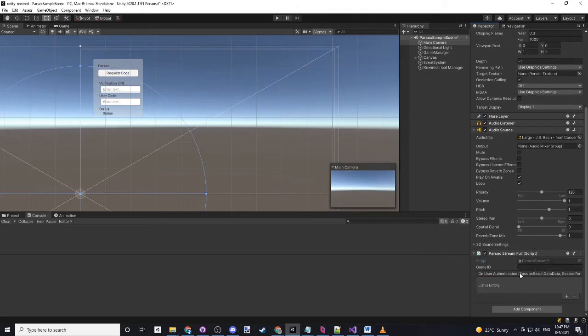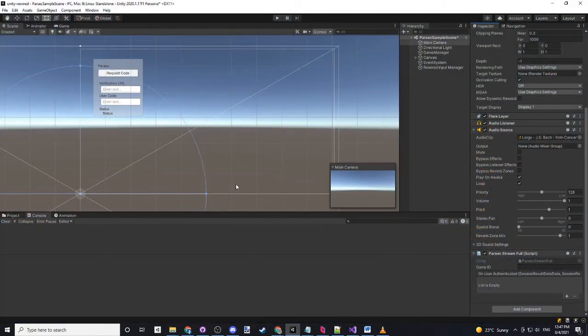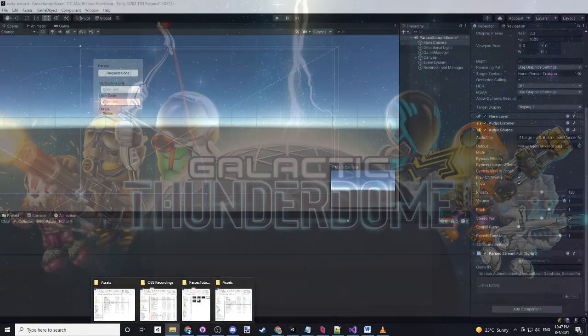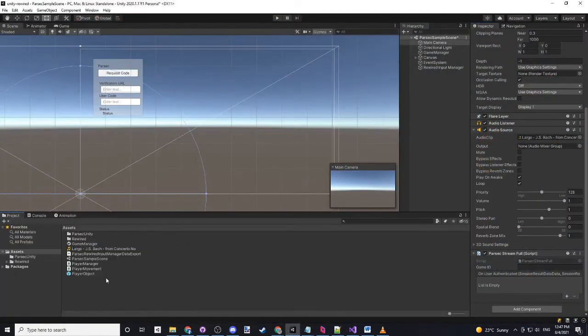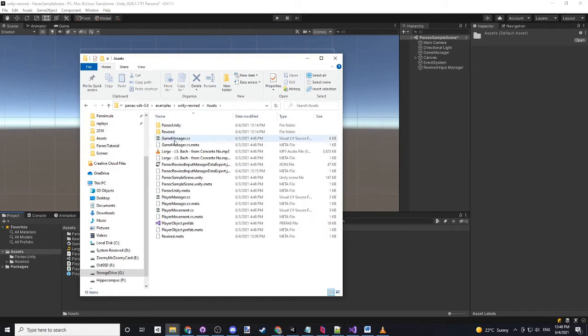And now there's a GameID and event system. So for the GameID, unfortunately that GameID is now gone. And if you want to get it, you can go on the Discord and get it. You can just copy paste what I'm about to copy paste, and I can show you how to get it yourself. In this case here, I've changed the scene, right? So if I show in Explorer and I go to my scene, ParsecSampleScene, and I edit it in Notepad++,